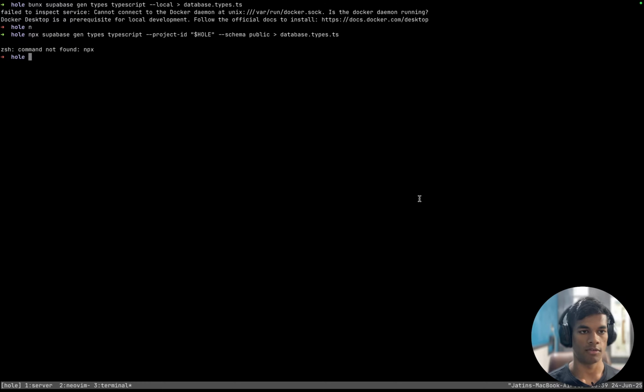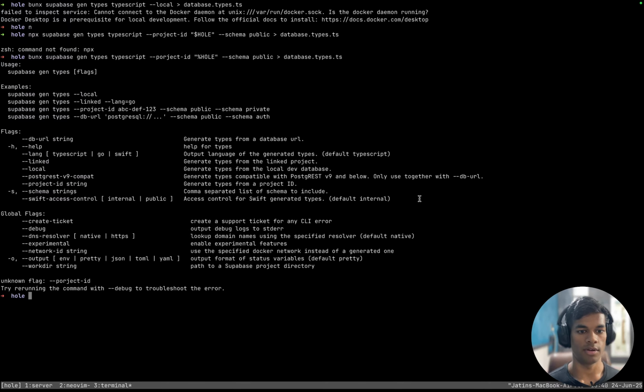Paste, and pnpx is not found, of course. npx next supabase, then types, TypeScript, project ID, schema public, view database, not TypeScript, and work.